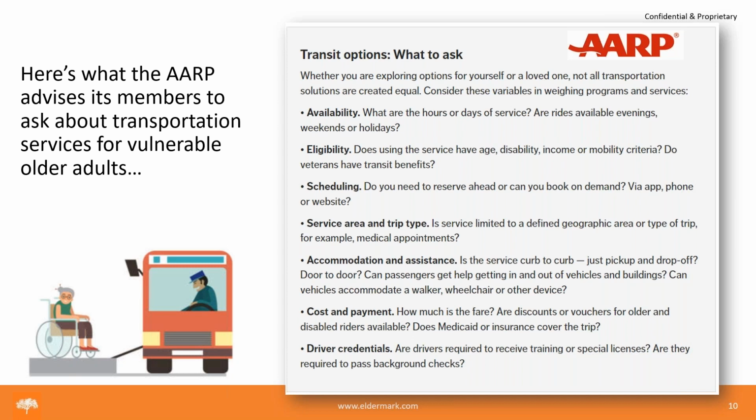I also wanted to add a few things about what AARP is advising its members when they are inquiring about transportation services, especially for older adults who are a little more vulnerable.